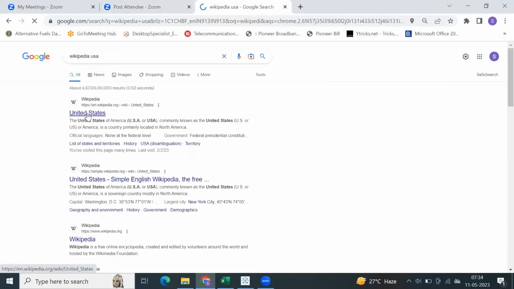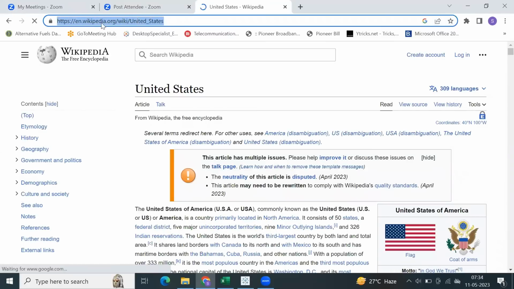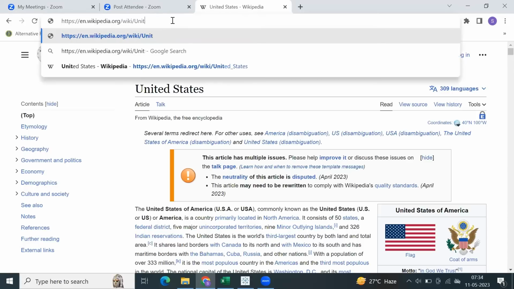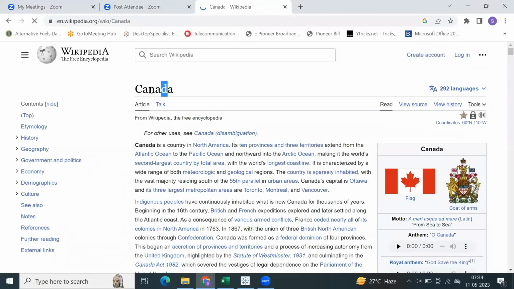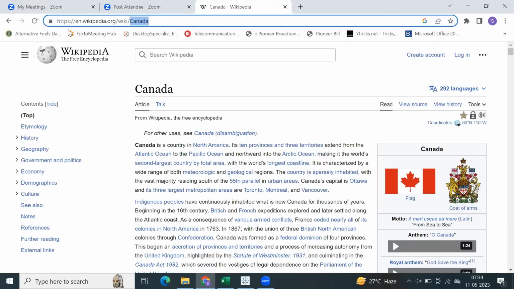When I click on United States, you can clearly see the URL, right? So en.wikipedia.org/wiki/United_States. If I type in Canada, this will give you the Canada information. So the complete URL is static till here, and here you are going to change the value. Let's say if you type in